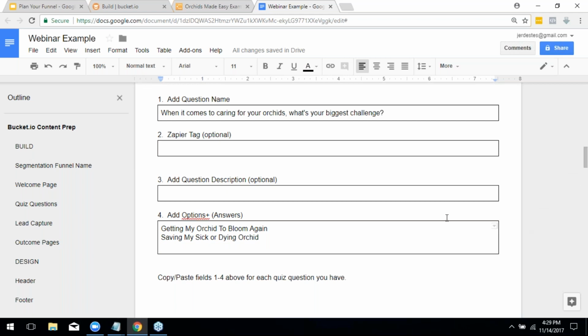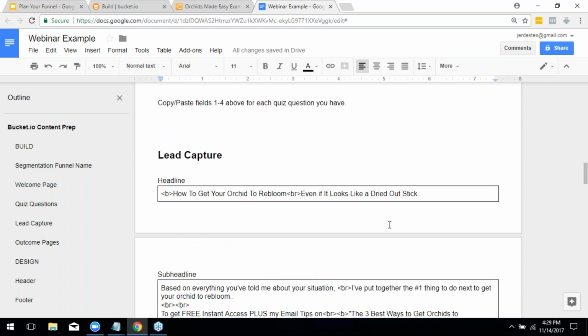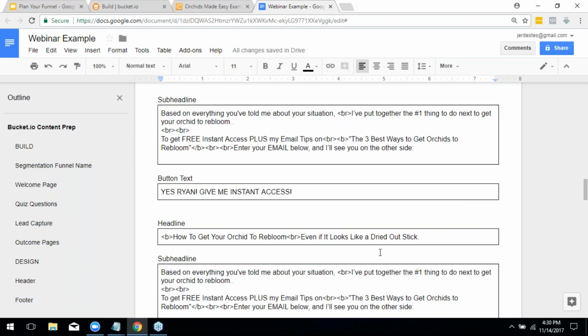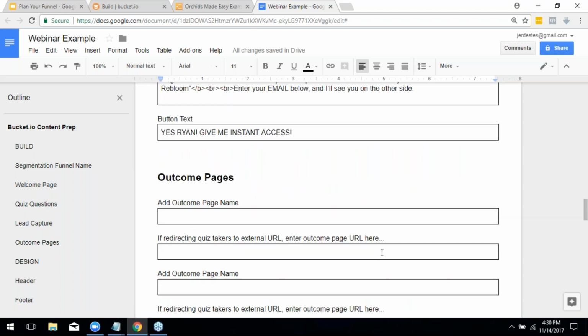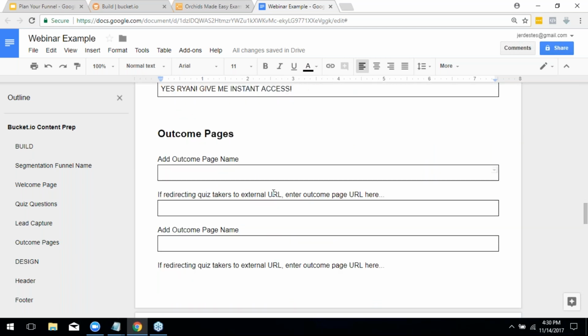All right, so now I want to walk you guys through one more section before we actually dive into Bucket, because I have a feeling, it's only 4:30 right now, we're going to make our way into Bucket today, so that's exciting. But let's talk about this outcome pages section, because for this demonstration, for this funnel that we're building,